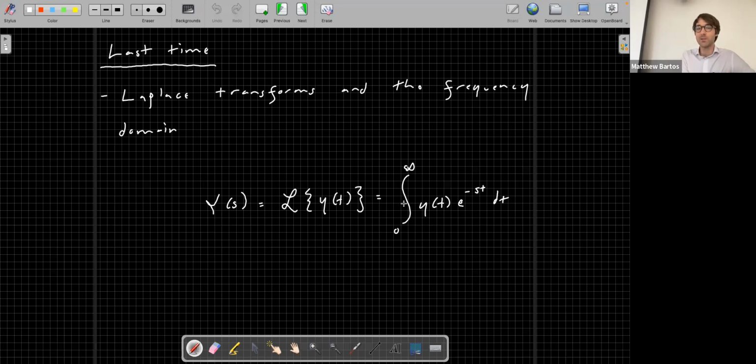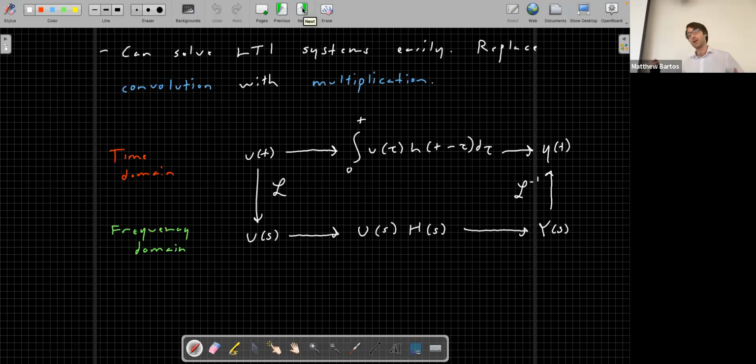So we showed how they can be useful for solving the particular solution that corresponds to some given input. We'll also show how looking at systems in the frequency domain can help us analyze their fundamental properties a little bit later on, specifically their stability properties within the next couple of lectures. But for this class, at least for now, the Laplace transform is going to be useful for solving LTI systems more